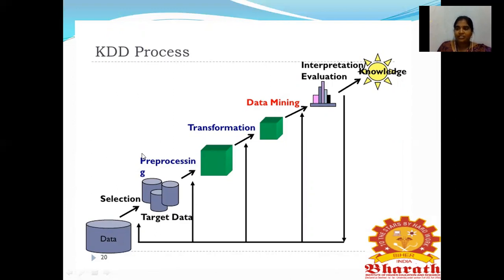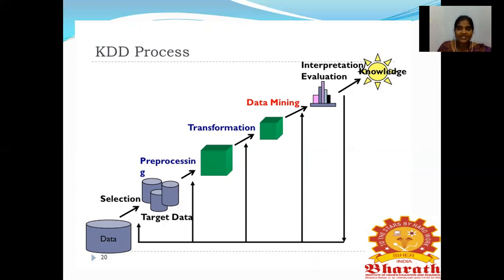That means we are just going to take the needed data from the database. The database is a collection of huge data. The huge data is not needed for this. Based on our current situation, we are taking only the wanted data. Then after that integration, what is the second process?